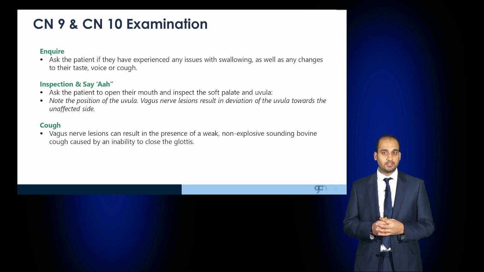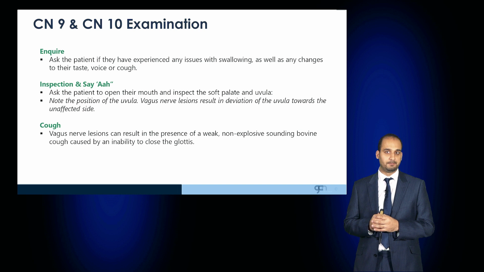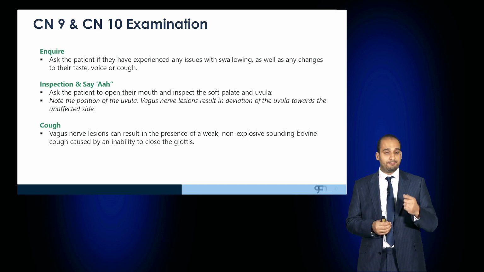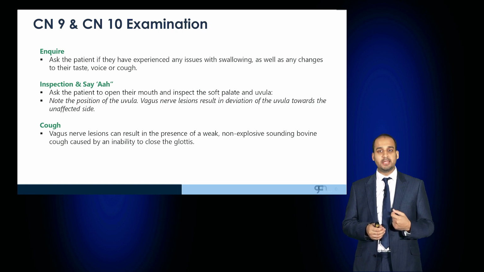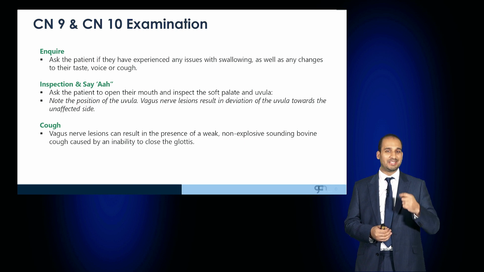Note the position of the uvula. In vagus nerve lesions, the uvula deviates towards the unaffected side. Ask the patient to cough. A vagus nerve lesion would result in a weak cough or a non-explosive bovine sounding cough due to the inability